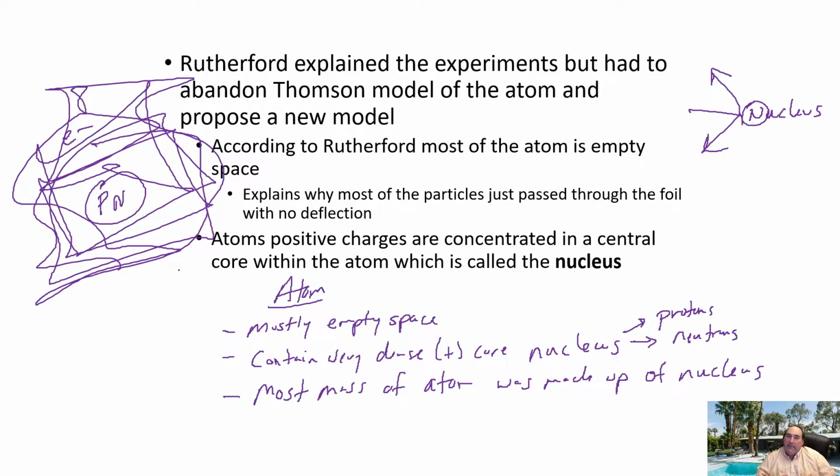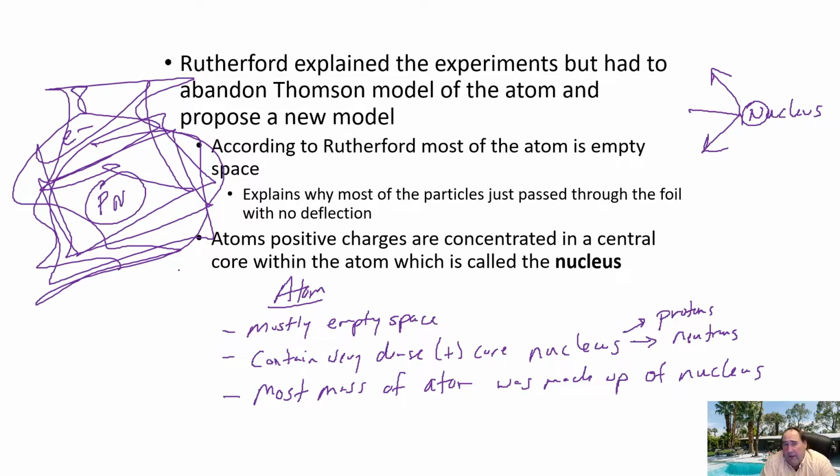So again, this idea that we talked about earlier as well, that experimentation leads to better understanding of things. And although we may think we understand how something is, there could always be some type of experiment down the road that may lead to a new understanding. And that's what happened here. So early experiments really pointed to Thomson's model, the Plum Pudding model, being correct. Definitely disproved here, if you will, by Rutherford's experiment. And again, our new model of the atom.